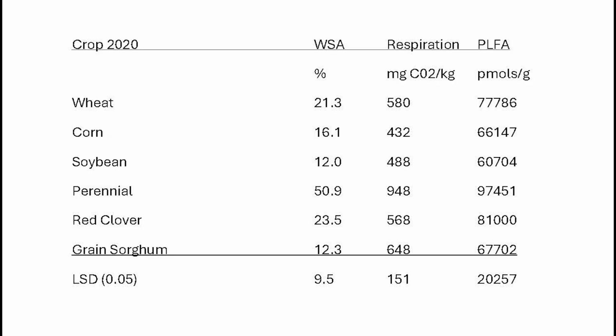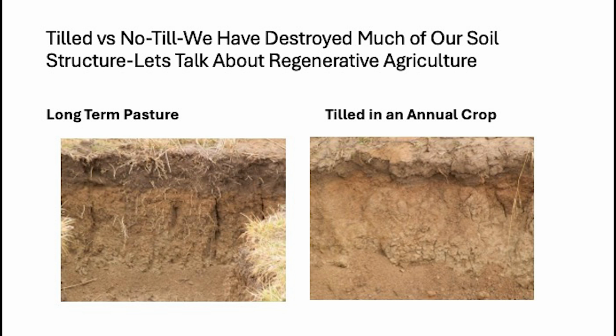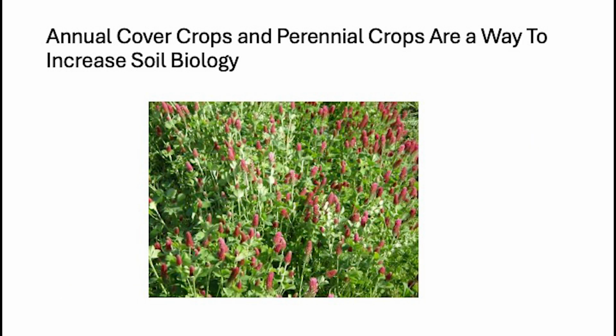Because what it doesn't do is tell us the activity of those soil microorganisms. And one way we can do this is through respiration. We can get respiration measured, and what this does is tell us the activity of those soil microorganisms. And it gives us a great way to compare how some of our treatments are doing. How is no-till affecting the soil microorganism activity? How is using a cover crop or manures or other management practices impacting our soil biology?